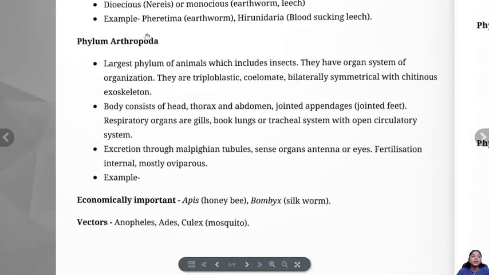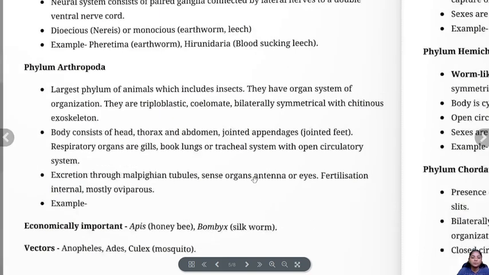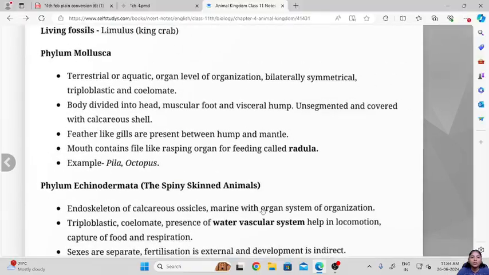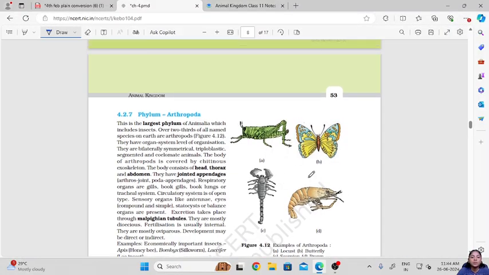So in this arthropoda we have some economically important insects. For example, the honeybees and the silkworm. The Apis, that is the honeybees, and the Bombyx, the silkworm. So let us see the example. So here we have